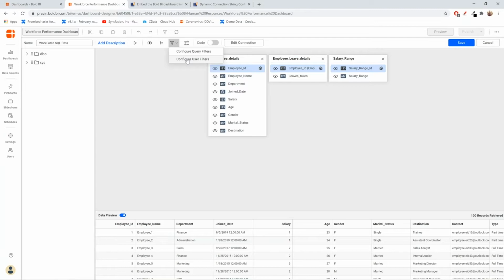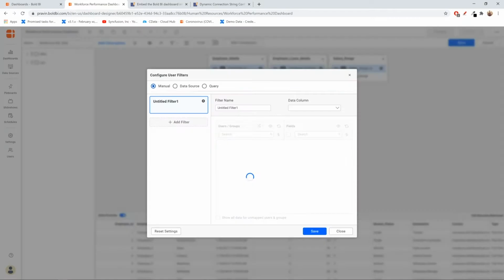As I said before, when you save the data source, the user-based filter is going to be there even when you share or use this data source anywhere else. So let's go ahead and configure the user filters. Okay. So we have three different options: manual, data source, and query. The manual use case comes when you have only a fixed set of users or for a very small use case.